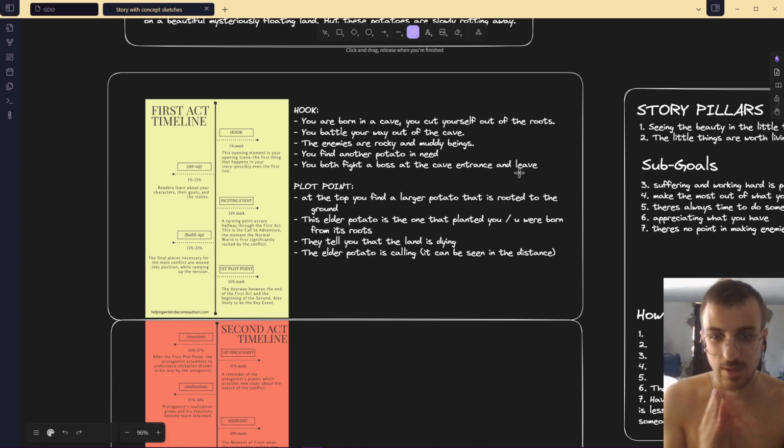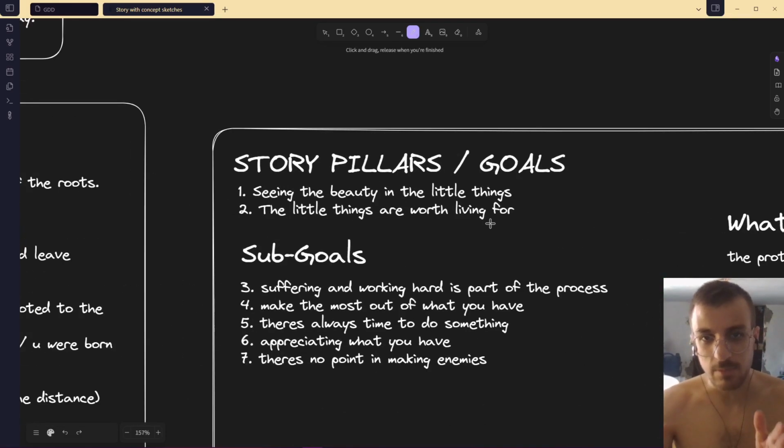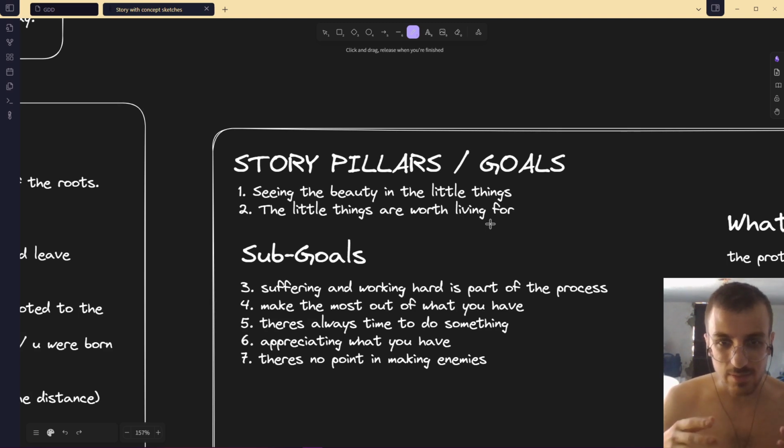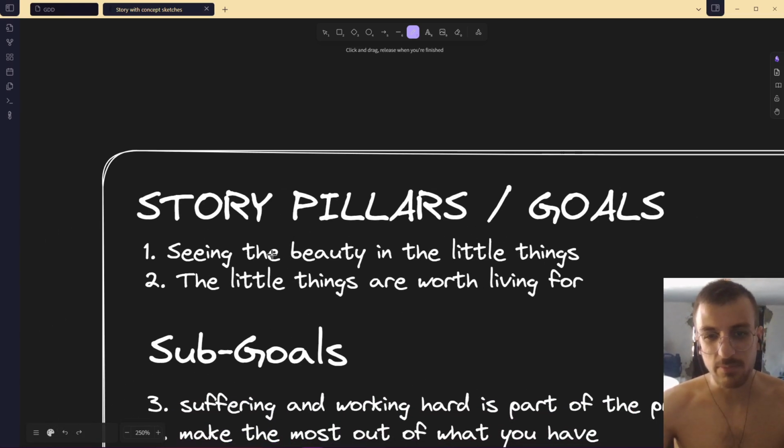So I stopped right over here instead of continuing like this, and I started doing some research and some thinking, and I came up with some pillars of the story. What is the goal of me telling this story? What do I want the player to understand from this story? I did have this goal in mind for a long time, and I did not know how to tell it. But the goal is pretty much, hopefully this is not cringy,